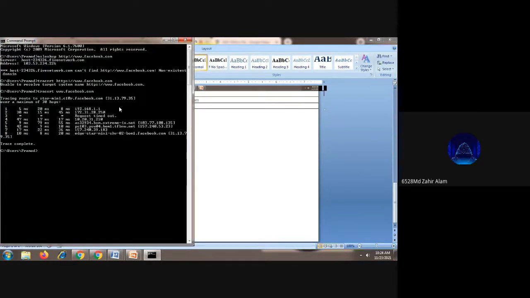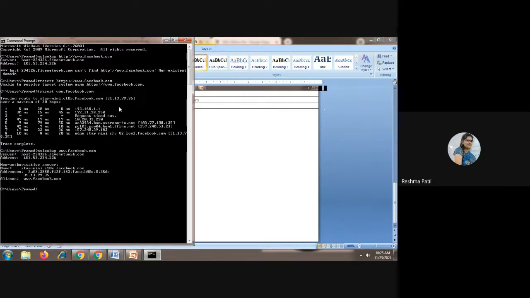Yes, ma'am. So these are some ways using which we can get the information about a particular target. So check this address and this address, are they the same? Yes, same.